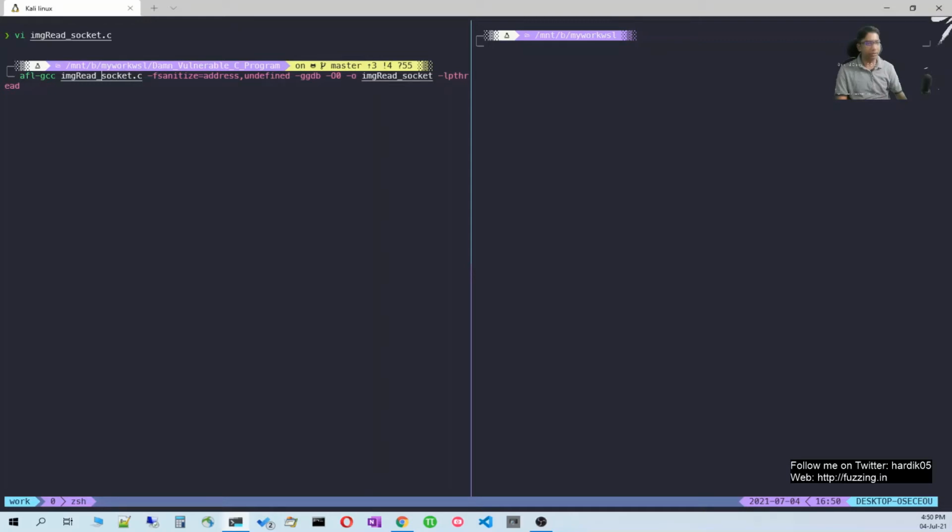Then -fsanitize=address,undefined, so we are enabling address sanitizer and undefined sanitizer. Then we are passing -ggdb, which means that we want to generate debug symbols as well. We are disabling optimization, -o is our output file, imgread_socket. And -lpthread is actually not required because previously I was trying something else. So let's see if it compiles.